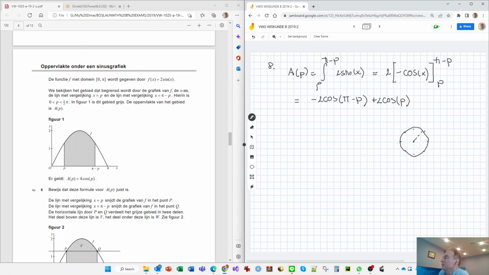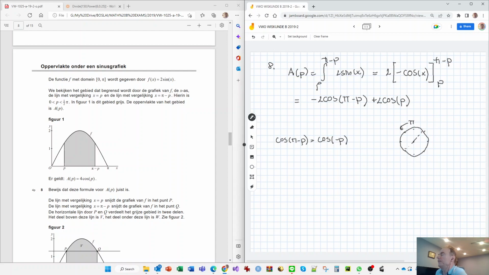Well, what happens to our cosines, or our sines incidentally? They will change sign. So we rotate by pi. So this basically is the cosine of pi minus P is equal to the cosine of